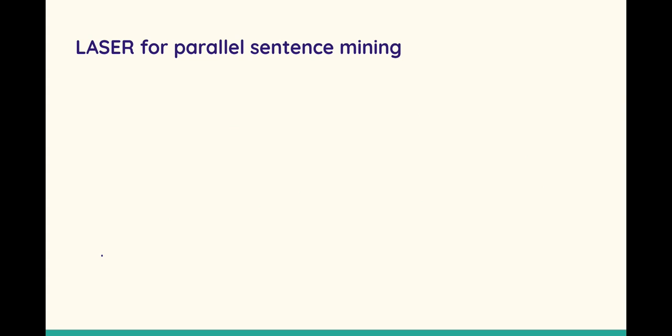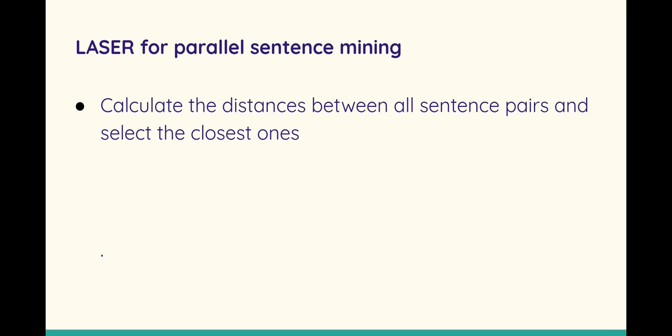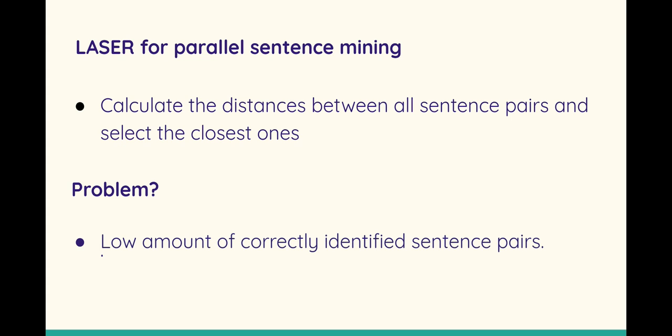Now we have comparable corpora with some Bengali sentences on one side and some English sentences on the other. The straightforward way to collect the parallel sentence pairs would be to calculate the distances between all sentence pairs and select the closest one. The distance is actually normalized by considering the margin between the closest sentence and other nearest neighbors. Although this works just fine for high resource languages, for Bengali English, most of the obtained sentence pairs were erroneous. This could be attributed to the low amount of parallel data used in training Laser and high variability of the input distribution.